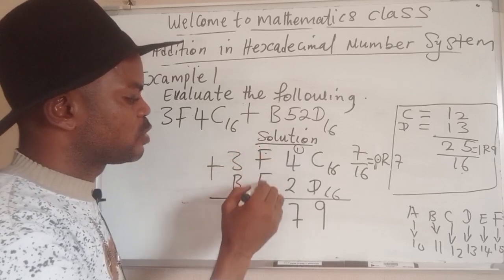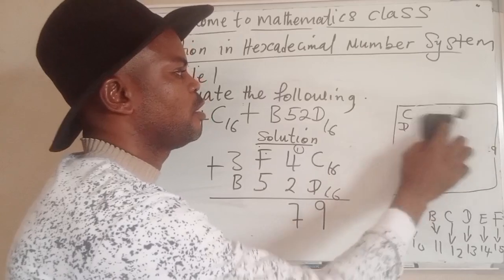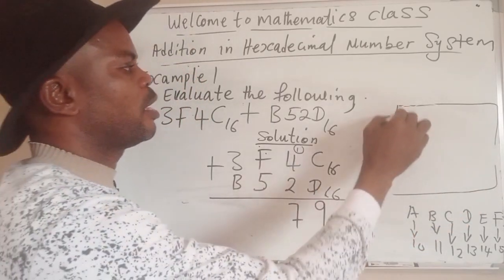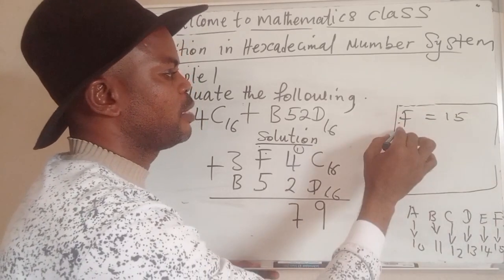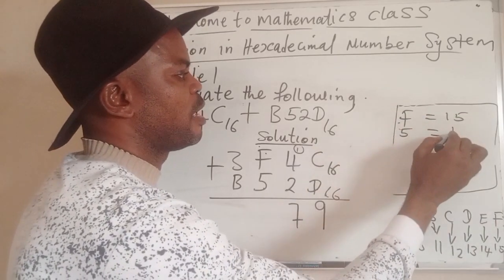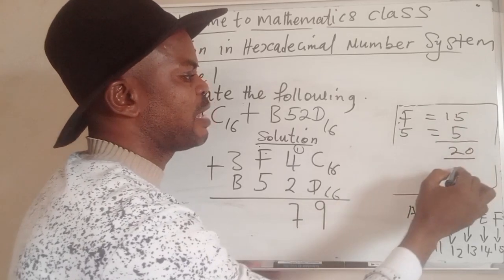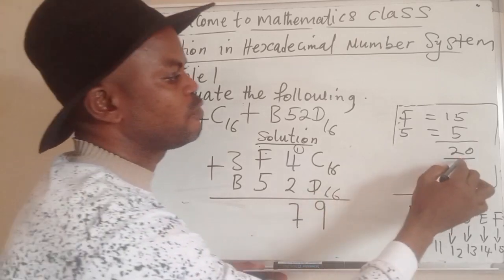So F plus 5. Ask yourself again, what is F in hexadecimal or base 16? F is simply 15, from what you can see here. Then the 5 there is equal to 5 too. So this plus this gives you 20. So 20 divided by the base 16, you must remember to do that, gives you